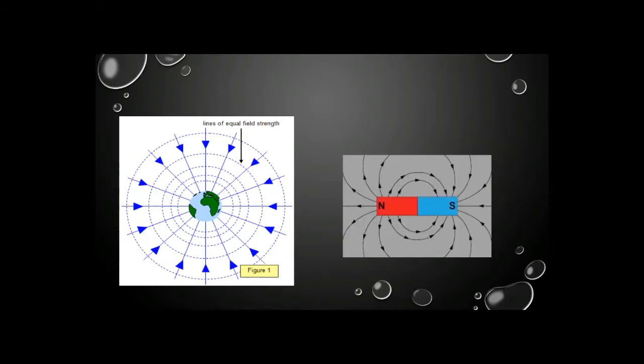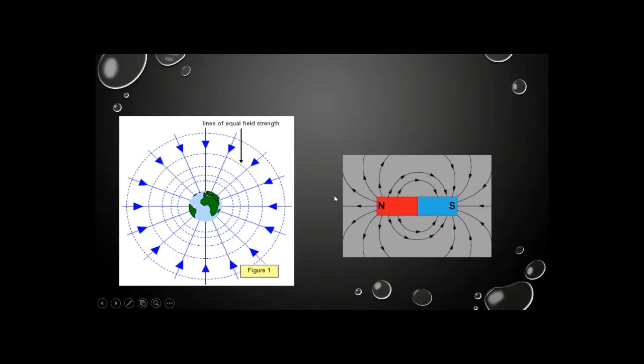We must recall what the gravitational field is. As you can see, the arrows around the earth represent its gravitational field. If we throw any object within its gravitational field, it will be attracted toward the earth without being in physical contact. It will fall on the earth. Similarly, we can say that the region where the effect of gravitational force can be felt is known as the gravitational field.